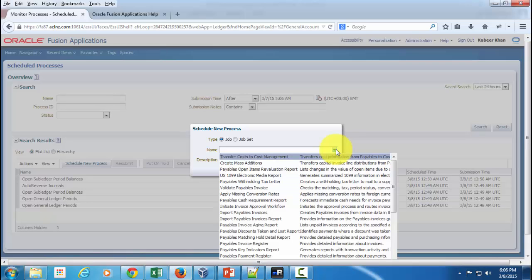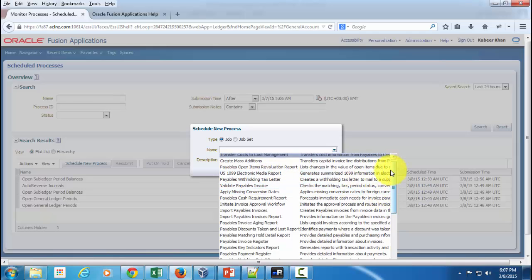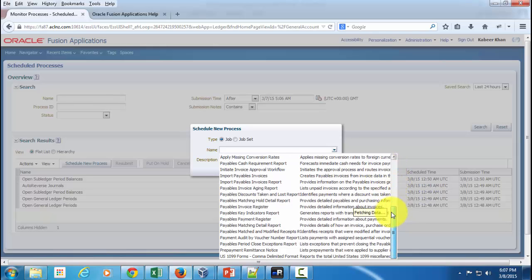Like in eBusiness Suite, you used to call a report a request, and a set of reports we used to call a report set. But here the naming conventions are slightly different. You call it a job or a job set, but the functionality is one and the same. So you choose the report that you have got authority to run. So let's say any report over here,